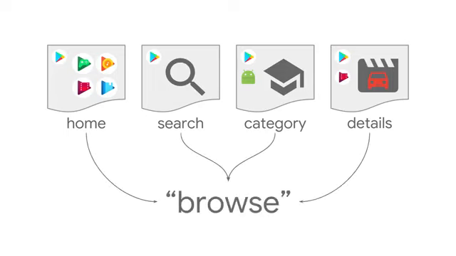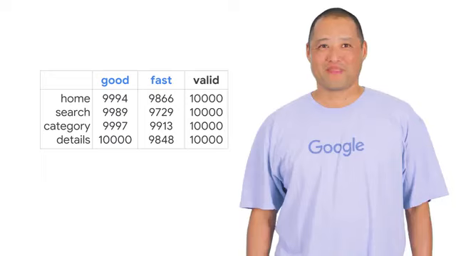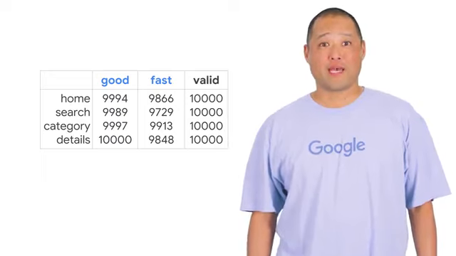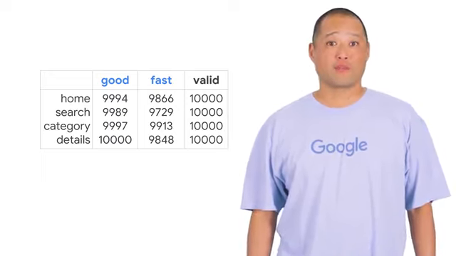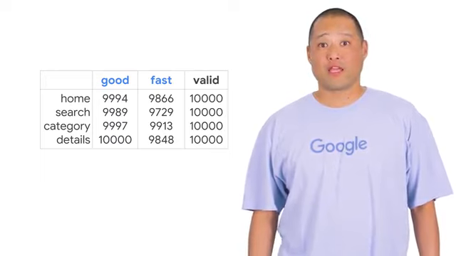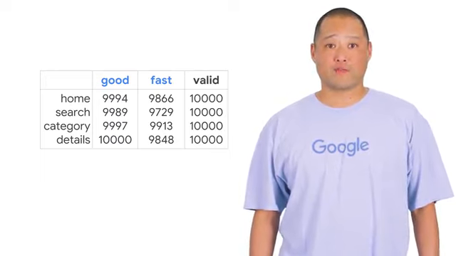From the user's perspective, all these journeys are similar because the user is just taking a look at what content is available to them. So we can think of all these journeys as part of a browse the store meta journey. All of these journeys involve the app making a request to the Play Store, then displaying the data returned to the user, so we have availability and latency SLIs for them.